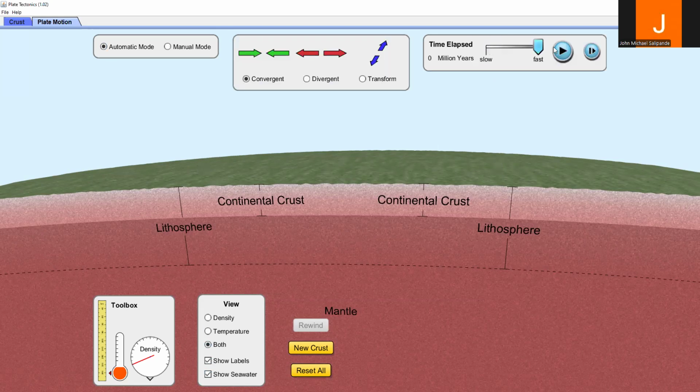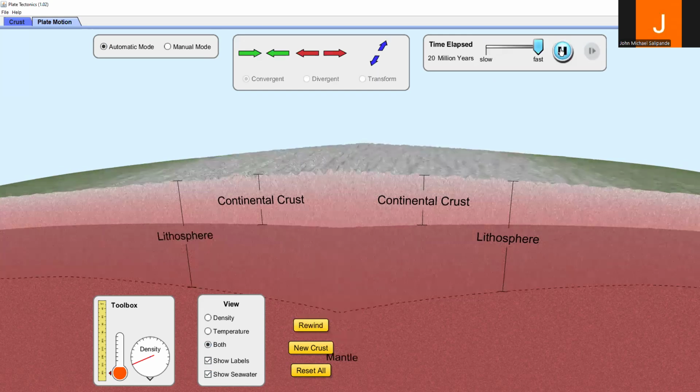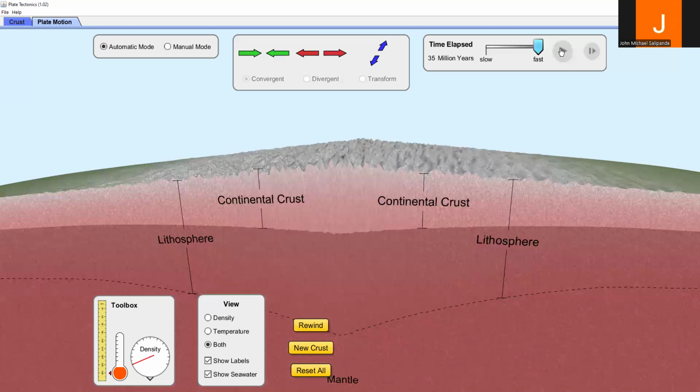So when I press play, as you can see, both continental crusts become elevated. There is an almost triangular or cone form that you can see, no? Para siyang kahon. Pag tinanggal mo yung flap niya, or parang roof or bubong, yung design niya, no? So let's go back to my PowerPoint presentation.